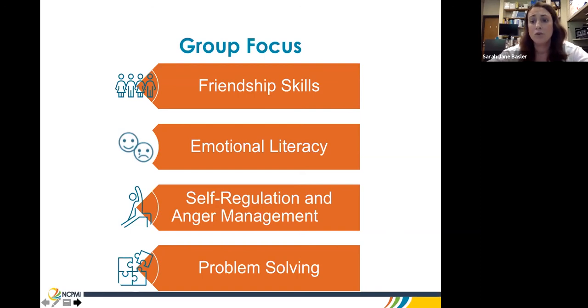The focus of group could really be any set of evidence-based practices. And typically, a program would assess the needs of your staff and teachers to determine what practices it is that you'd want to focus coaching on. But for this project, we focused on these skills.